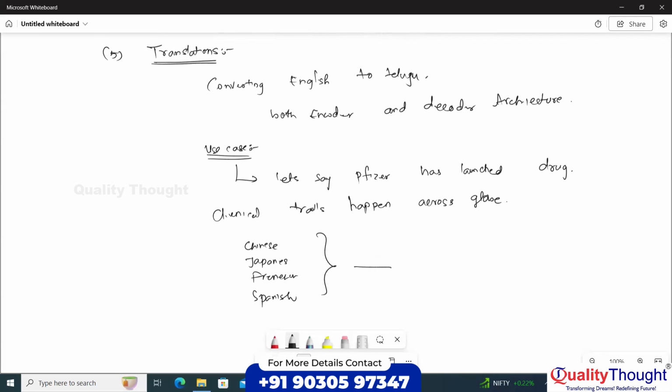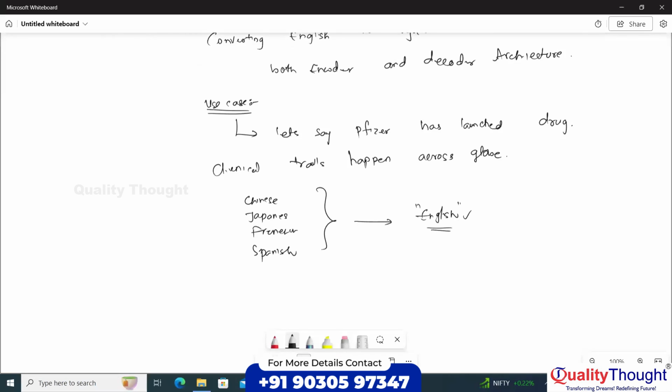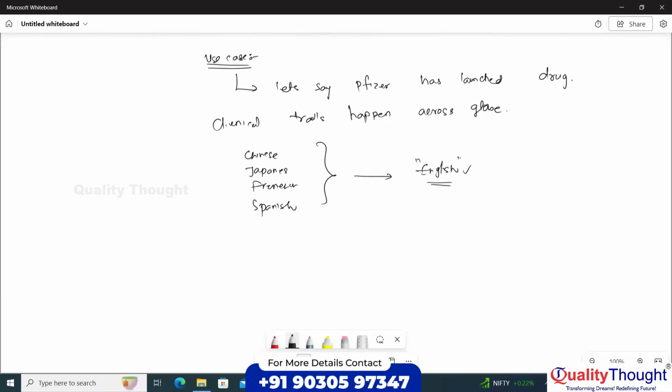This all needs to be converted for the clinical study. If I want to make a study out of it, I need to convert this into English. Agree or not? So the use case is that whenever a company wants to run it,